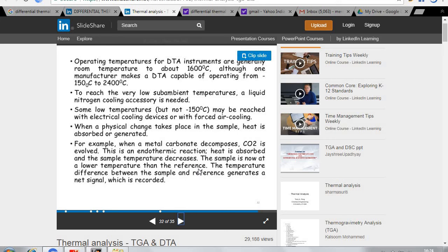So sometimes, if you want to reach the very lowest temperatures, then a liquid nitrogen accessory is also supplied with the instrument, because very low cooling cannot be accomplished by electrical cooling devices. Okay, so for that purpose we need accessories like nitrogen cylinders. So when a physical change takes place in the sample, heat is either absorbed or generated. So for example, when the metal carbonate,